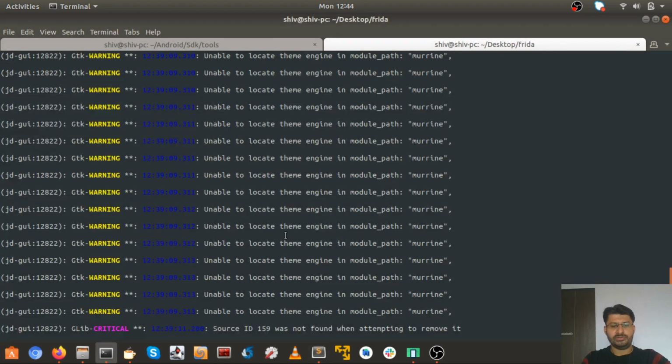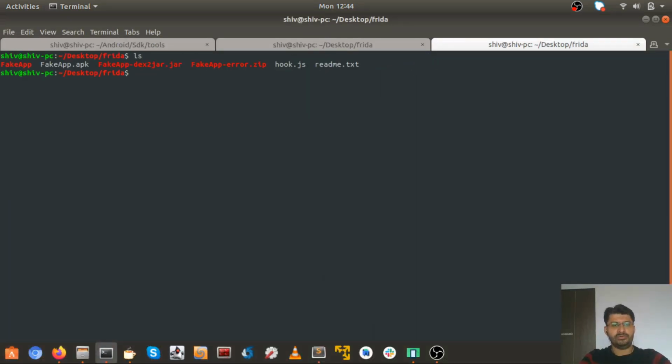Once you have the JavaScript ready, we can use -u for emulators or USB connected devices. We can load the script using the -l option, and later on, we'll need the package name which we need to hook.